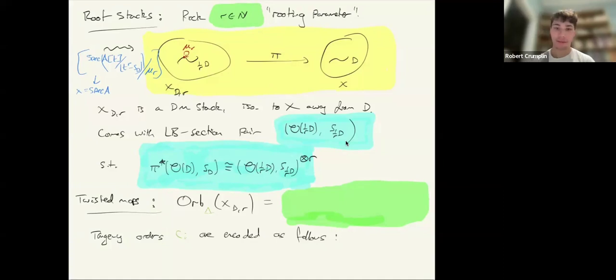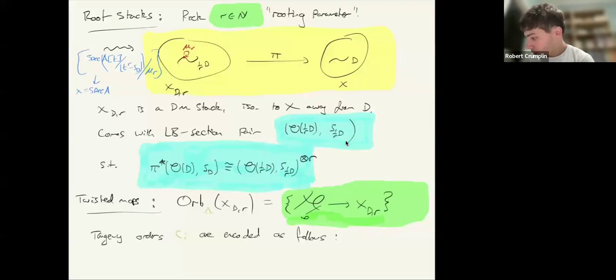So root stacks come up a lot in various places. You don't even have to care about these enumerative invariants to want to study them. They come up with a lot of moduli theory. But for today I'm going to be looking at maps to them. So the overall moduli space we're going to be interested in, I'll write as Orb X D R, and it's going to be a space of maps. So I'm just going to draw some picture of what it is. So I'm going to be looking at maps